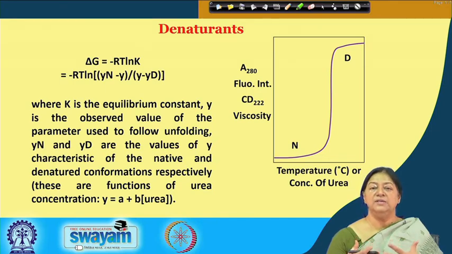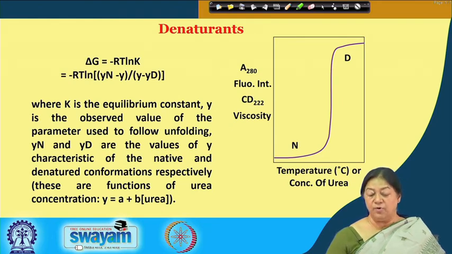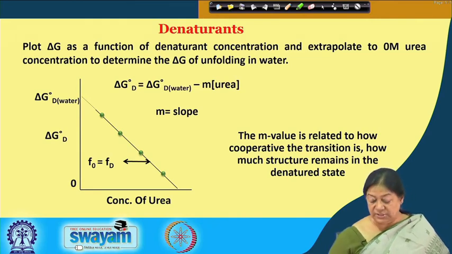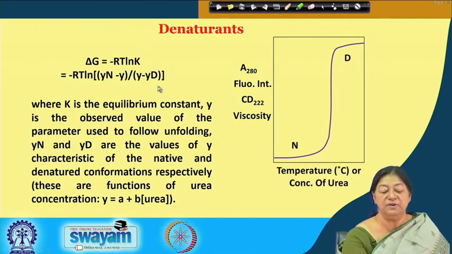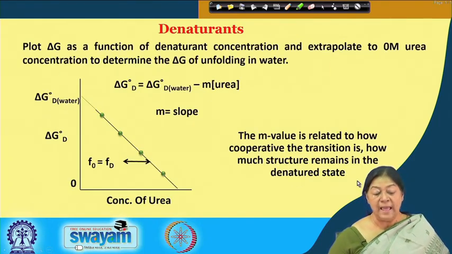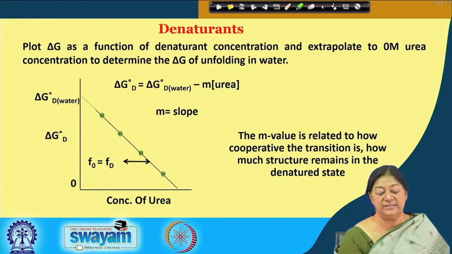But our idea is to monitor this disruption. So, we have a signal for the native structure, we have a signal for the denatured state, and we are looking for a specific value here. Now we can calculate the delta G for different values of Y, or rather different values for the concentration of urea, and then we plot the values of the delta G versus the concentration of urea, as has been shown in this case, and we get a specific slope, the M, which is the M value here.